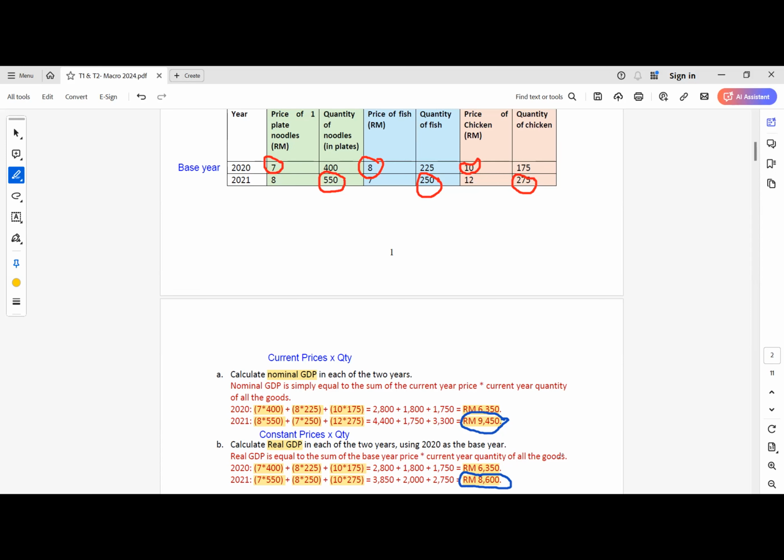But anyway, when I compare nominal GDP and real GDP of 2021, we can see that after I adjust for inflation, the value is slightly lower. So I just want to show you that there is inflation playing a role. What is inflation? You haven't learned about inflation yet. So, quick notes over here. When I say inflation